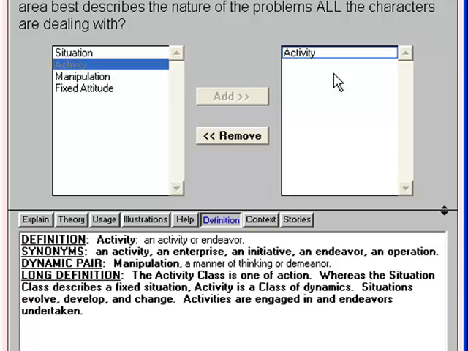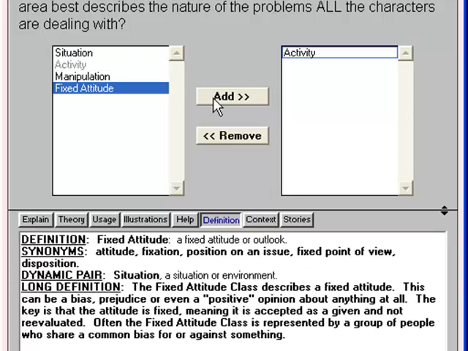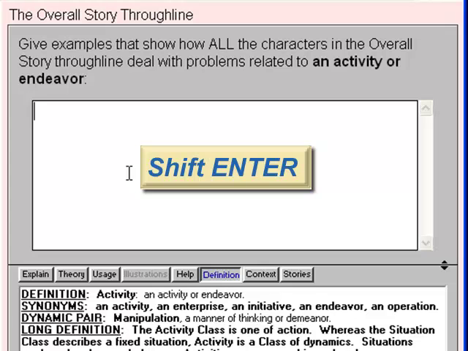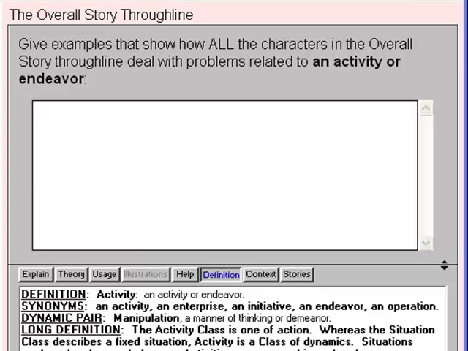Sometimes you can't narrow it down to one choice. When that happens, add your alternative choices by adding them to the choice listed on the right. Use the Remove button to clear choices listed in the column on the right that are no longer appropriate. Press Shift-Enter to move to the next topic. We're asked to give examples